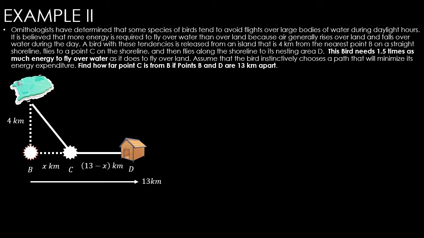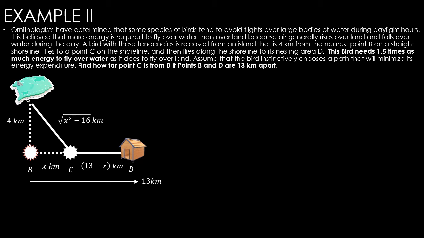Also, we can figure out the distance from the island to point C by using the Pythagorean theorem, 4 squared plus x squared, and taking the square root of that. So the square root of x squared plus 16 kilometers would be that distance from the island to point C. All these things we'll use in conjunction with each other to figure out an energy expended function that will